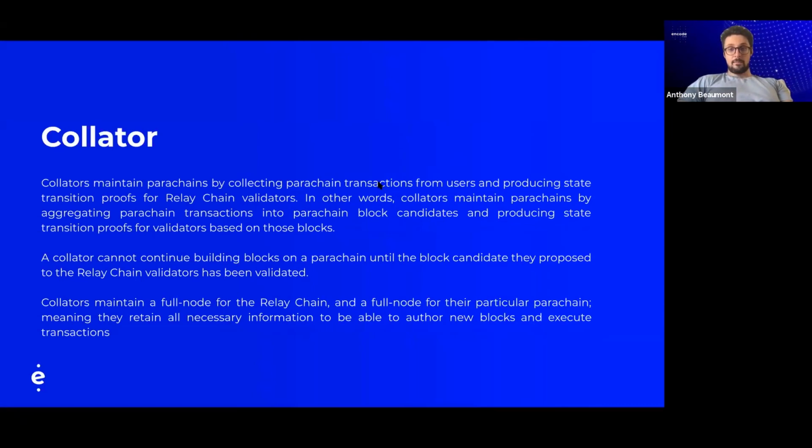Do parachains have to validate themselves? Some, but again, it's the collator's job to make sure it looks good in the first instance, and the validator's job to make sure it all looks good when put together. Cool. We'll take a few more questions later, and a few things I've noted to come back to as well.